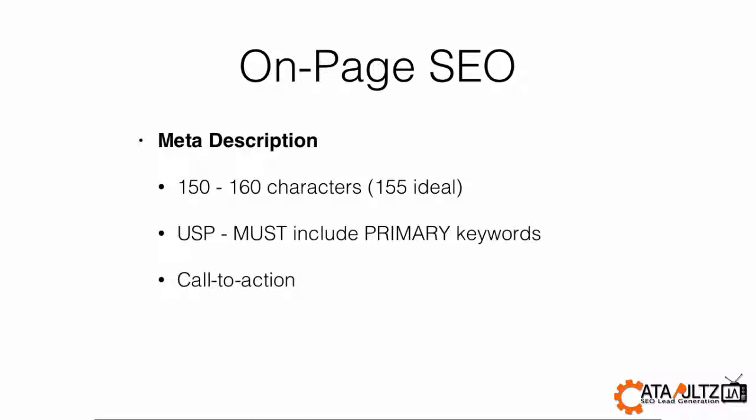And obviously this is one of the places you gotta have your unique selling proposition, and hence it's quite important for you to craft your unique selling proposition right from the beginning so that you can utilize it across all the pages. Now you can modify and tweak it based on the primary keywords that you want to rank for on each specific page. Okay, so you gotta be smart and play around with the keywords and make it look as natural as possible. Heck, you don't even have to think about Google when you start writing this. Just use the keyword and then write out a headline that captivates the audience